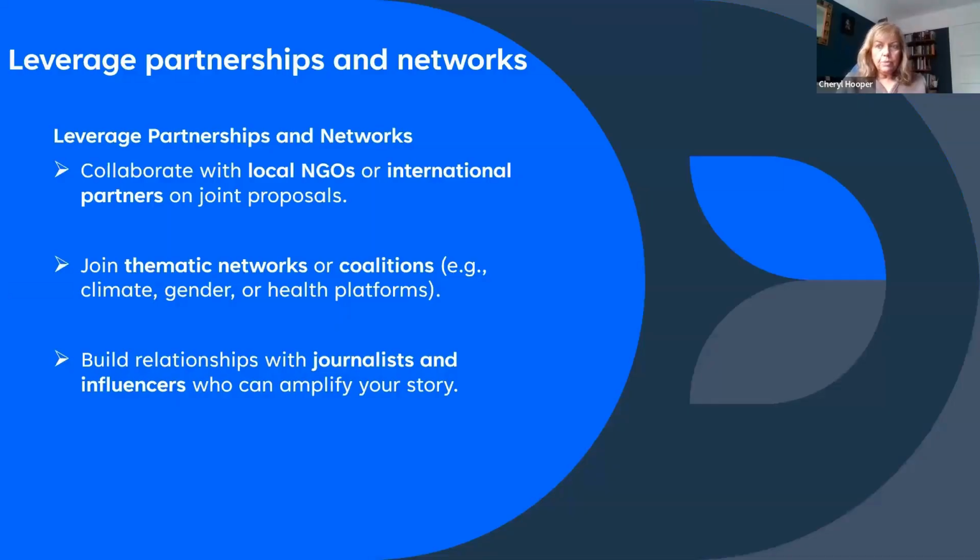It's important to include ways to maximise opportunities for partnering with other organisations or individuals, and make sure that you include this in your fundraising strategy, because if you leave this out, it's likely that it will be forgotten. But the more you expand your networks, the more opportunities will come to you.